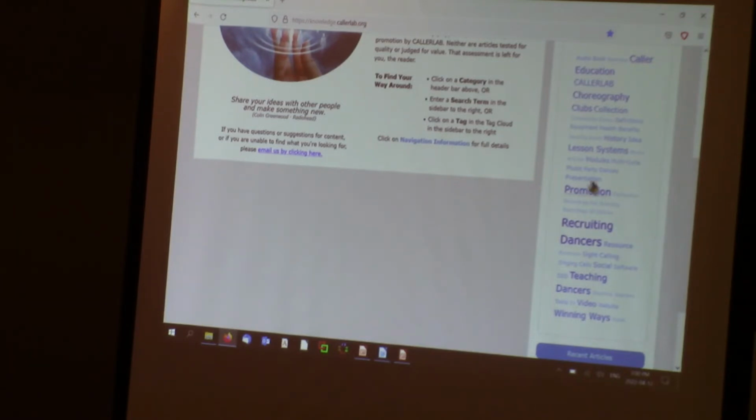And if you hover your mouse over one of the search terms, you can see just down at the bottom, under the mouse hand there, you might not be able to read it at the back, it says 75 topics. So in choreography, there are 75 articles that deal with choreography in some way.